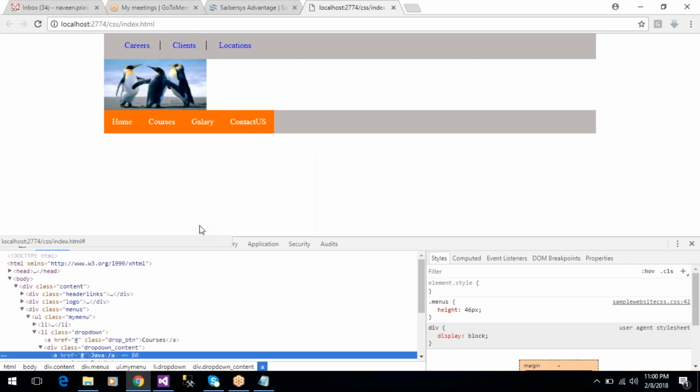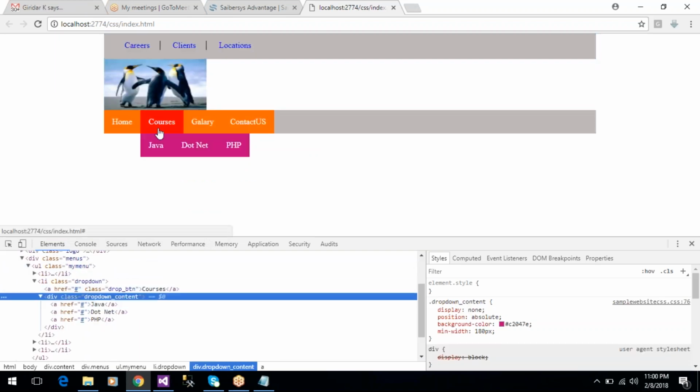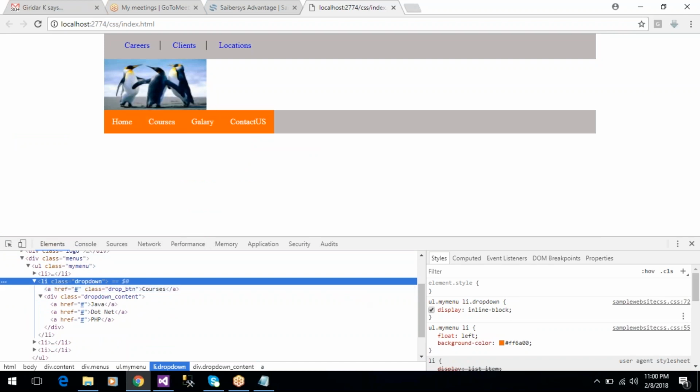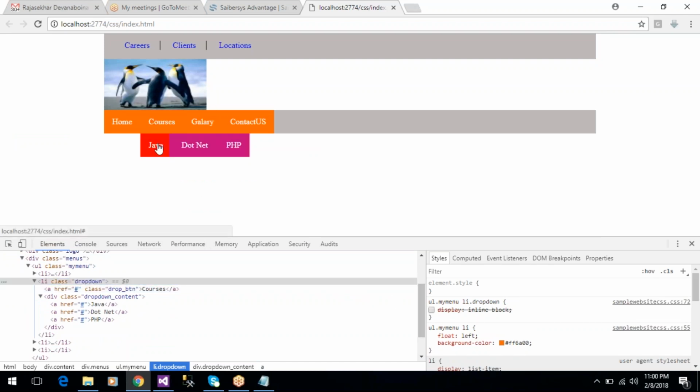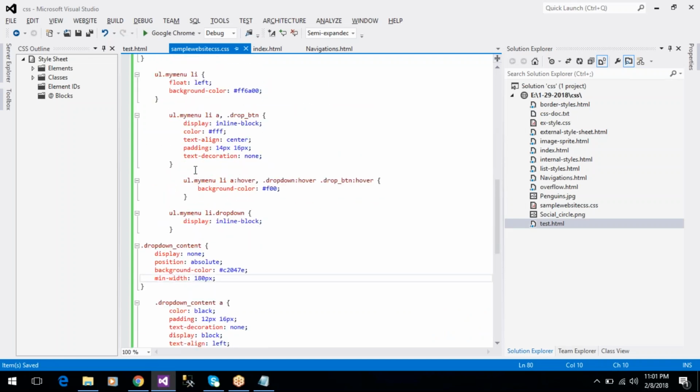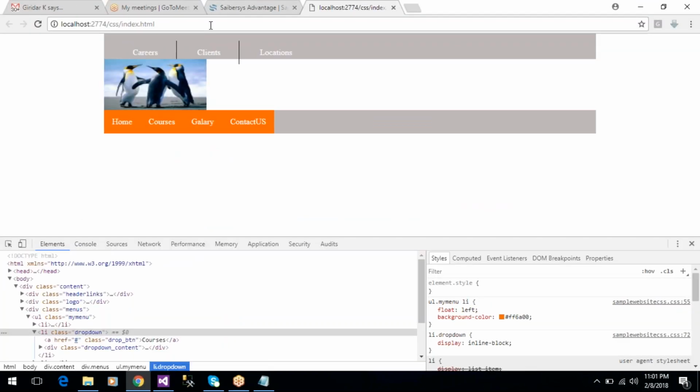These submenus are displaying as inline block. Okay, this one is okay. Now